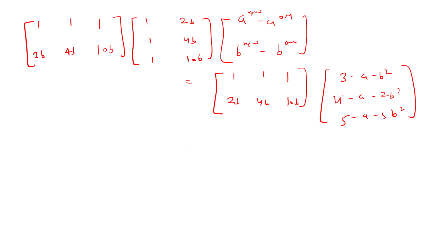Now if we do the multiplication, then we get 3 16b, then we have 16b, and then we have 120b square. So this is basically 4 1600,